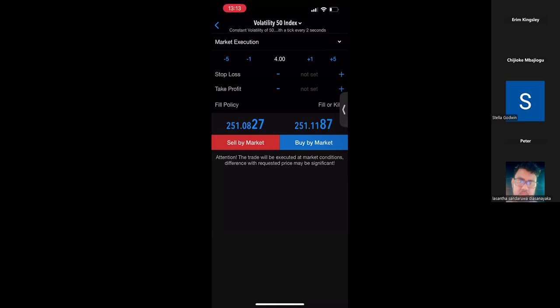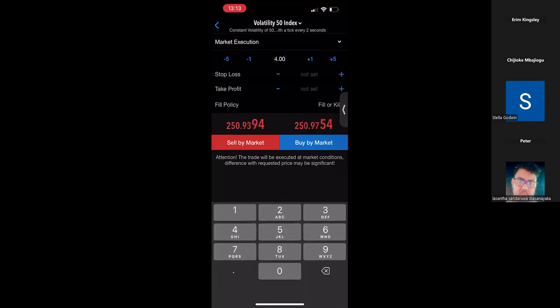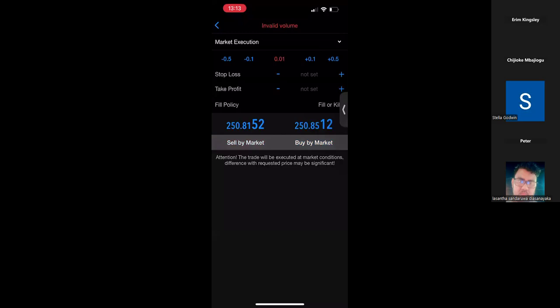This is instant execution. Instant execution is when you want to take the price now. You just want to place the trade now. And again, this is where stop loss comes in. I don't know if I missed these places when I was explaining. Lot size, your lot size. If you look at this trade, by default it's on 4. So if you want to know the lowest lot size for your currency or your indices, just try 0.05 like this or 0.01 like this and click buy. Use the lowest lot size that you can imagine.